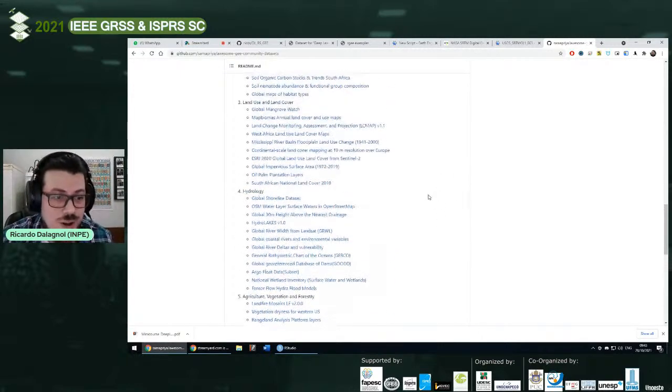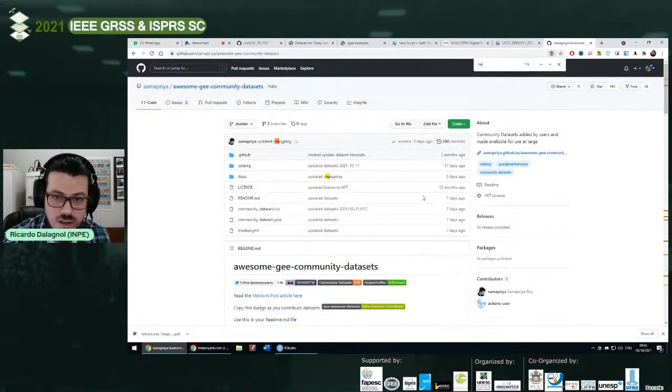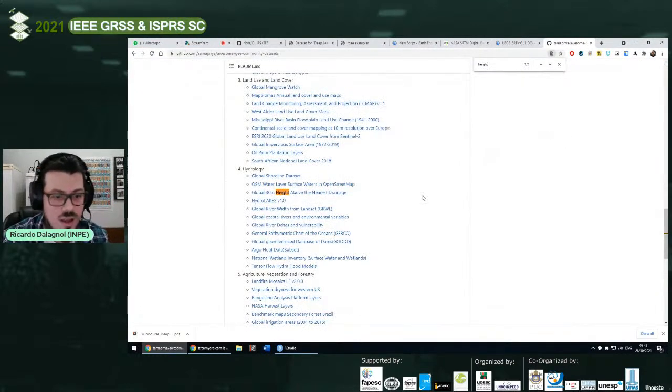Okay, so just one example here. I think there is the HAND data set here. Oh, maybe not HAND, but maybe height. Okay, height above the nearest drainage. This is an amazing kind of data